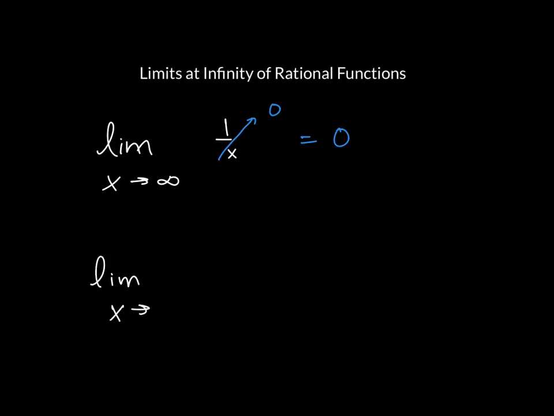All right, so the basis of limits at infinity of rational functions is that as x approaches infinity, 1 over x, as x gets very, very large, approaches 0. And this is a key concept that we're going to use with this. So if I go ahead and take this limit as x approaches